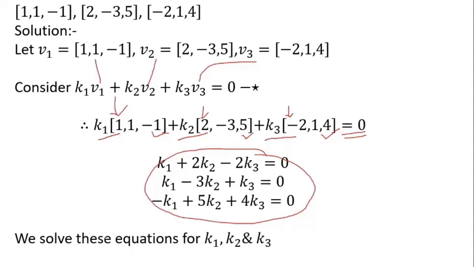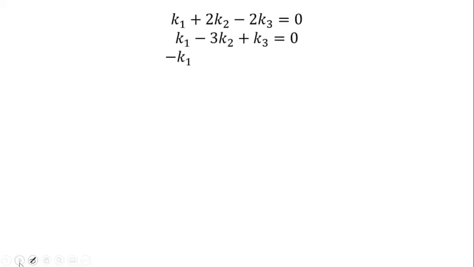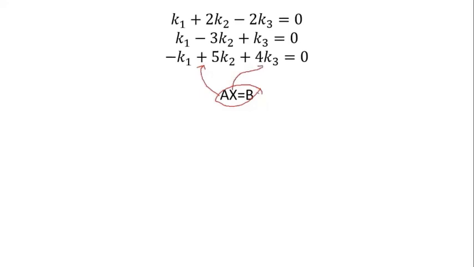Here we try to solve this with the help of row and column transformations that we already learned in eigenvalues and eigenvectors. While finding the eigenvectors, we use the same method. So the given equations are these. We'll first write all the equations in terms of matrices, that is AX is equal to B, where A is the coefficient matrix obtained from all the equations, X is the unknowns k1, k2, k3, and B is the right hand side constants 0, 0, 0.